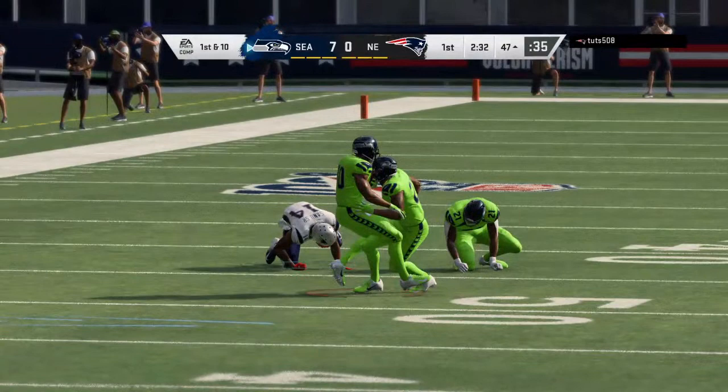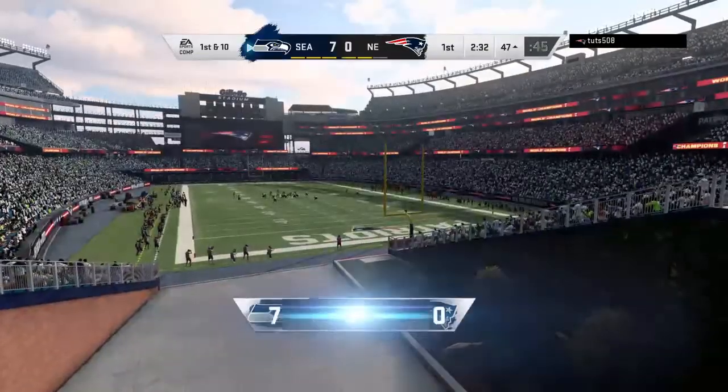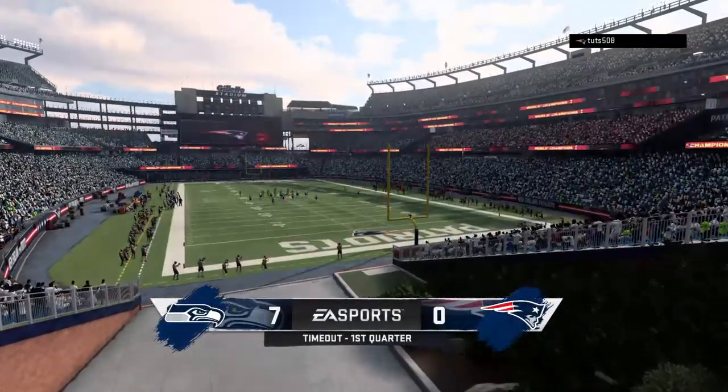Well, they didn't exactly show patience there, did they? Just down a score, they come out firing right away and compound things by throwing an interception. They put their defense